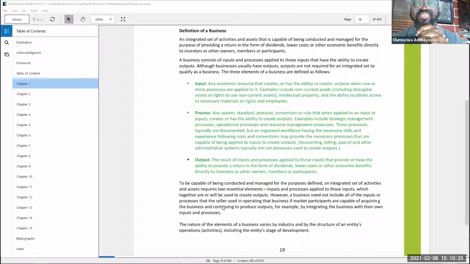Okay. Isn't that a return? It is. Now, two, the reason why the standard says that in some instances you might not have an output immediately is, for example, when you pick some companies or industry, like if you are going to start exploration, evaluation for oil and to start production, it's not the day you get the OPL license, oil prospecting license, that you now start to produce oil.